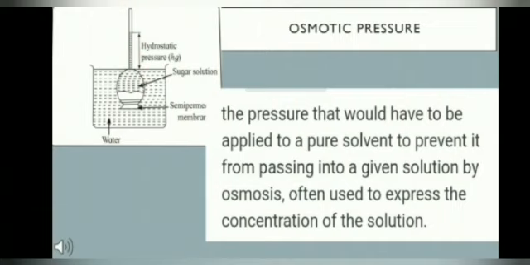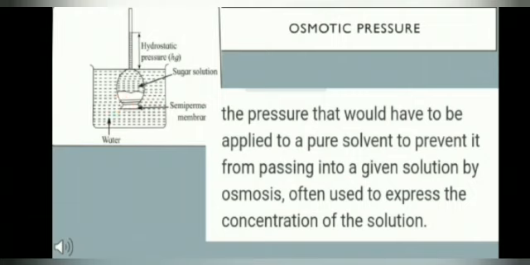However, due to osmosis, solvent molecules from the beaker enter into the thistle funnel through the semi-permeable membrane. The liquid level in the thistle funnel tube rises until the excess pressure so produced is sufficient to stop the flow of solvent molecules. The excess pressure on the side of the solution that stops the net flow of solvent into the solution through the semi-permeable membrane is called osmotic pressure.